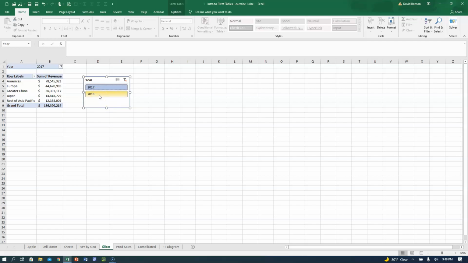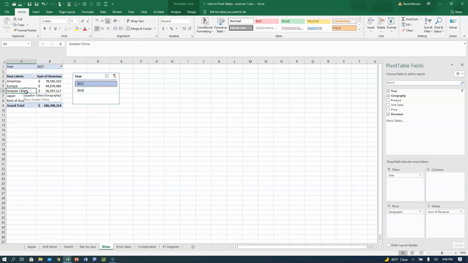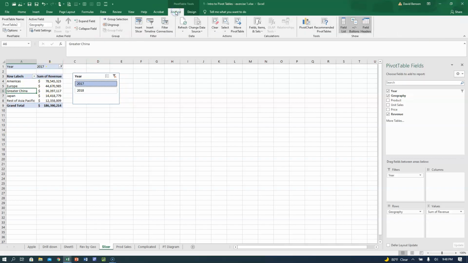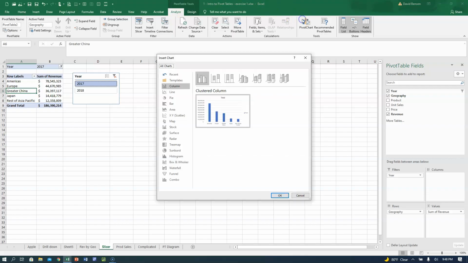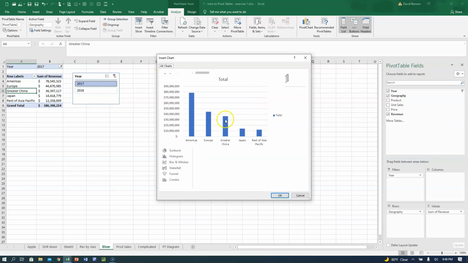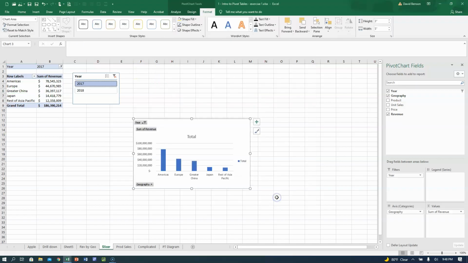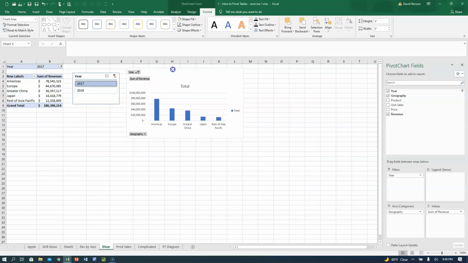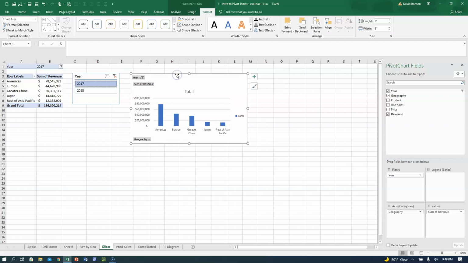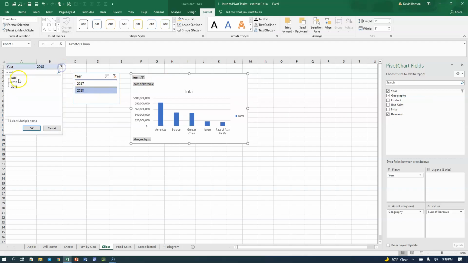So let's go ahead, and I'm also going to add a chart with it. So let's go ahead. I'm going to click back in the table, up here to Analyze. And now what I want to do is insert a pivot chart. And we're going to do this clustered column. And you say, what's the difference between a regular chart and a pivot chart? Not much, other than the fact that what we all like is that I can control, and then if I say, look, let's do all,